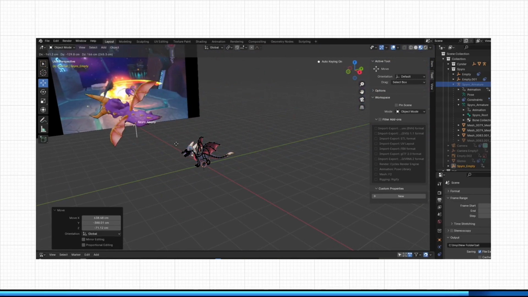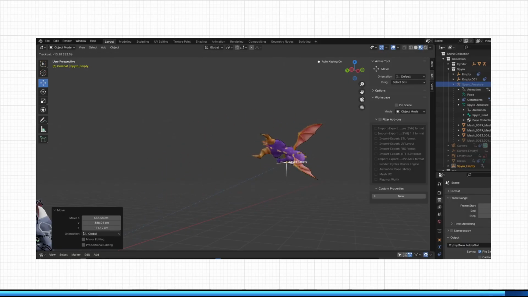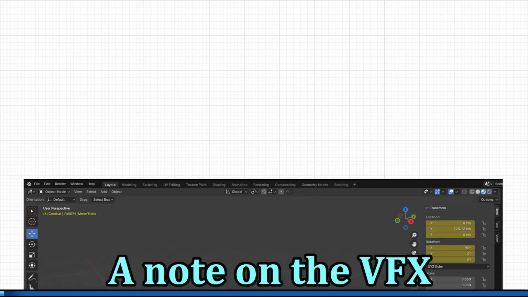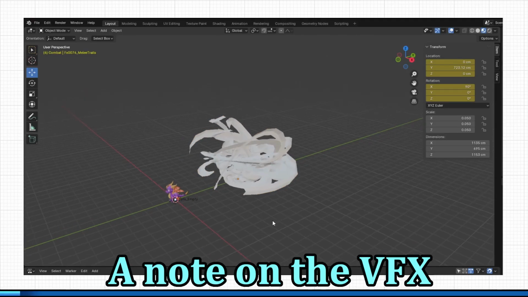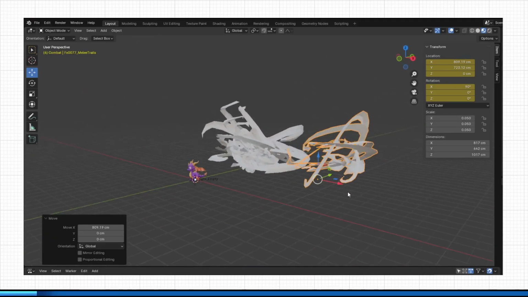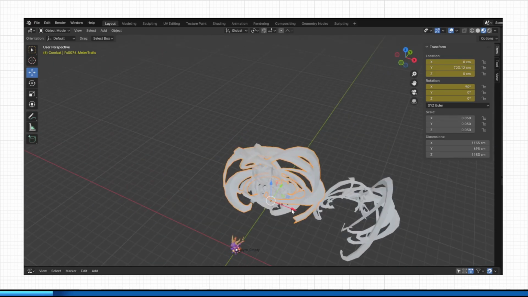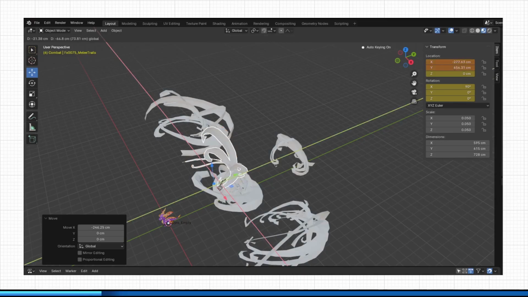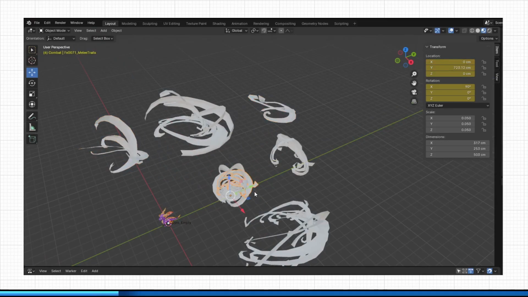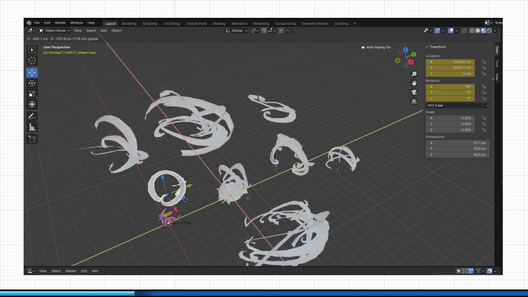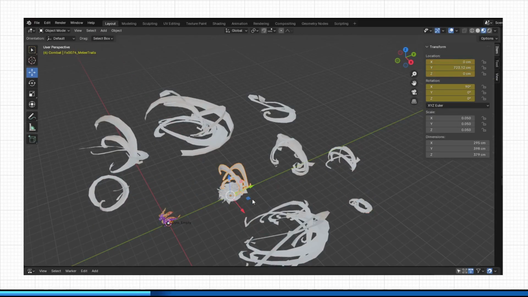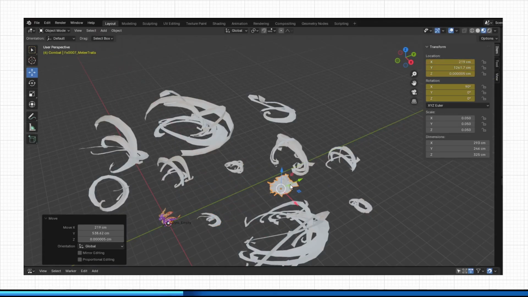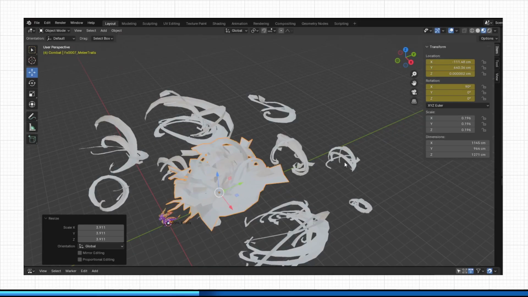It just feels weird to animate a static model sometimes, so I like to simulate some of the movement you'd expect from the game. I took a peek at the meshes used in the VFX to see if I could recreate them, but I quickly realized that that is out of the scope of this video. The slash meshes are all here, but instead of the meshes all being a separate object or a separate collection of objects, most of these slash meshes are combined into this giant tangly mess, and sorting through these and getting them into a usable state that resembles the actual game would have taken time and focus away from just